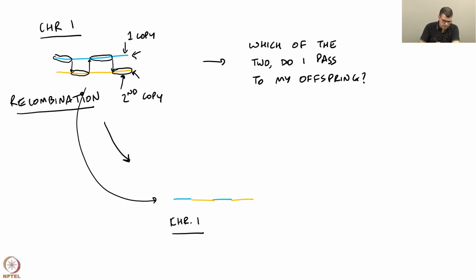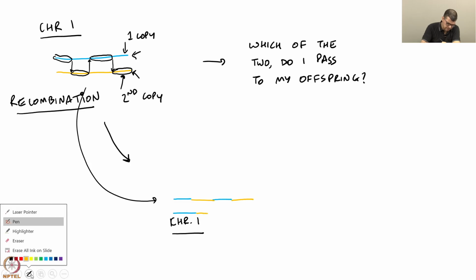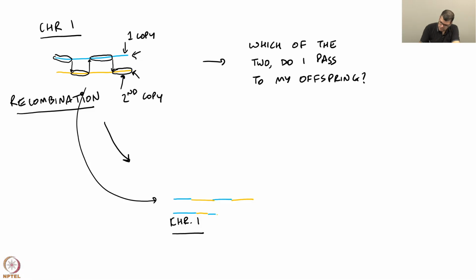Because this process is not certain, chromosome 2 might look completely different. Chromosome 2 might look something like this. Chromosome 2 is smaller than chromosome 1, but this is what it might look like. So, this is chromosome 1, this is chromosome 2. As you can see, in chromosome 1 it is relatively 50-50, in chromosome 2 maybe the blue is a little more, and you can have all sorts of variation.